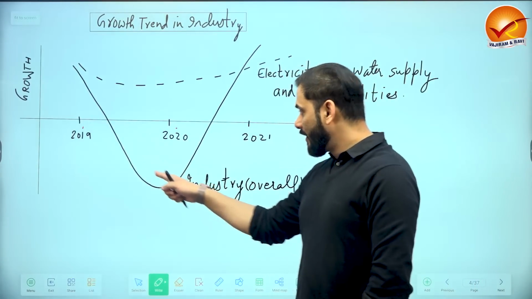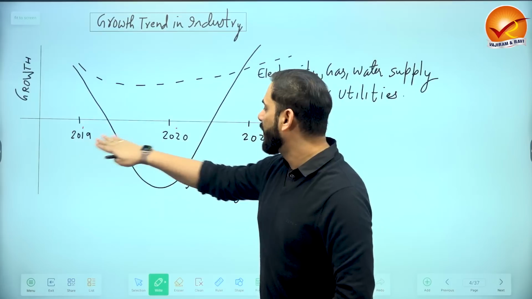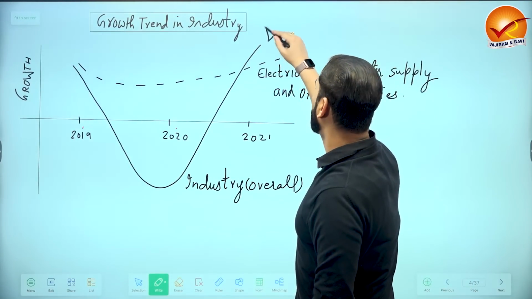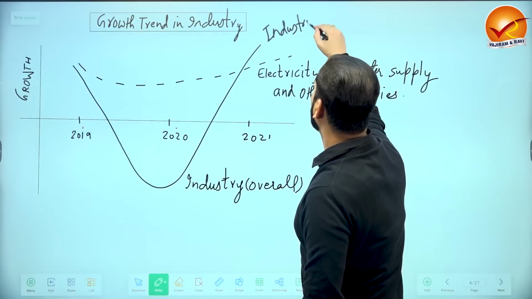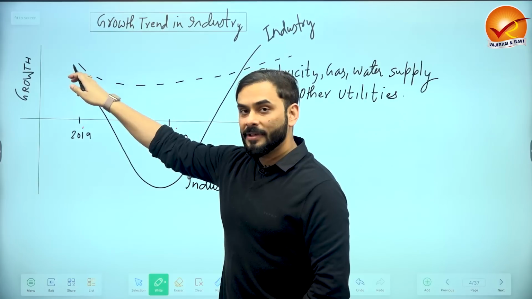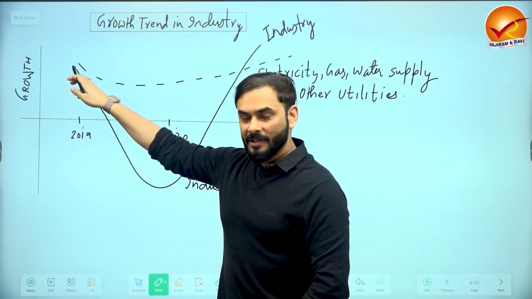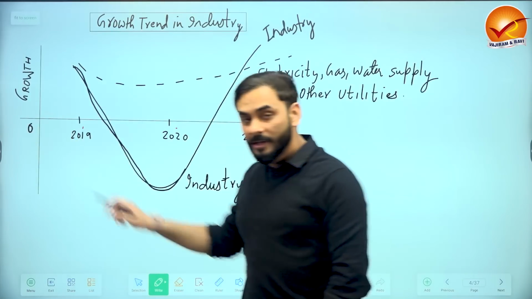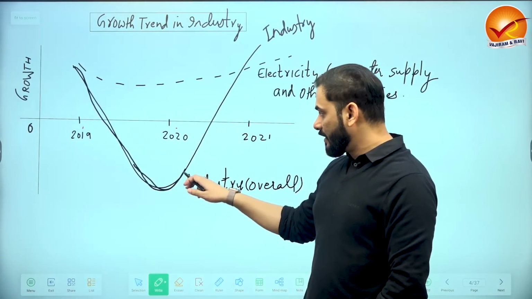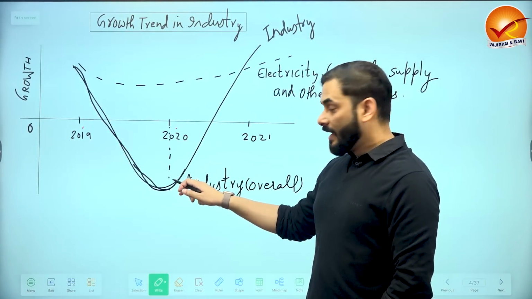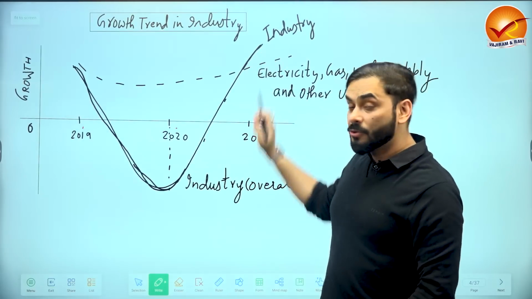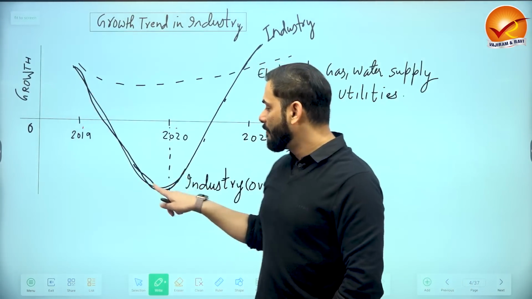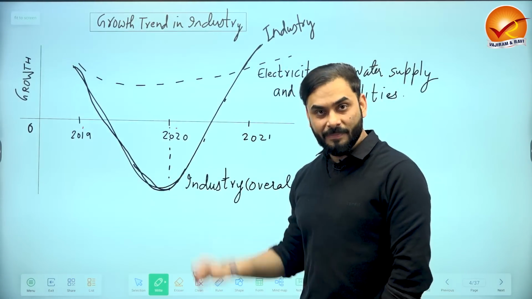So if you look at this entire timeline starting from pre-COVID, COVID to post-COVID, you will see that our industries, this is industry. Our industries were growing in a positive manner, but they started to become negative. See, they became negative. This is zero line. So the rate of growth of industry became negative during COVID, and then it started to pick up, and currently it is going up. So our industrial growth rate from positive became negative, and now they are recovering, almost V-shape.